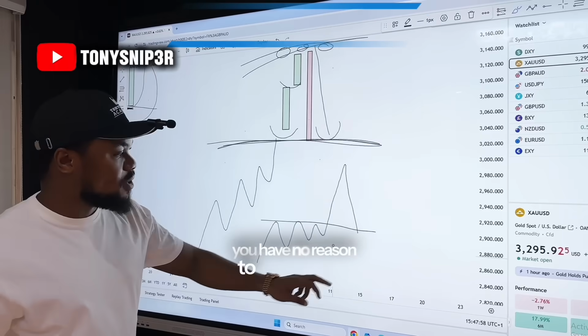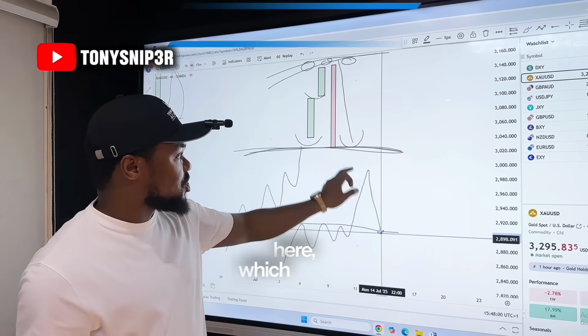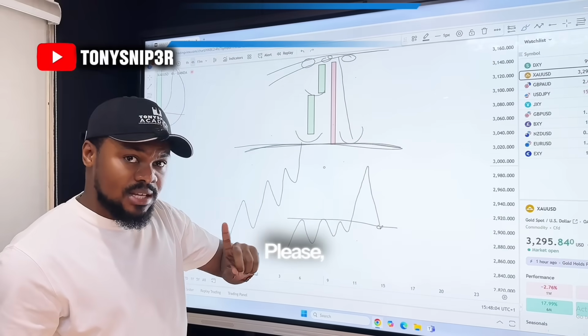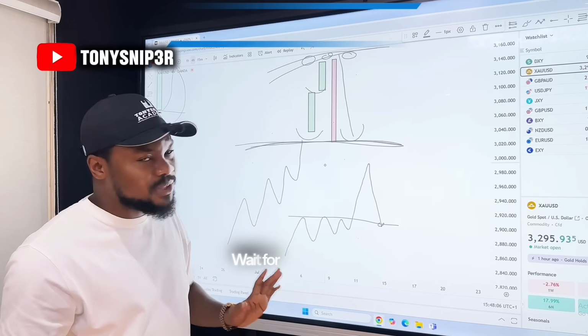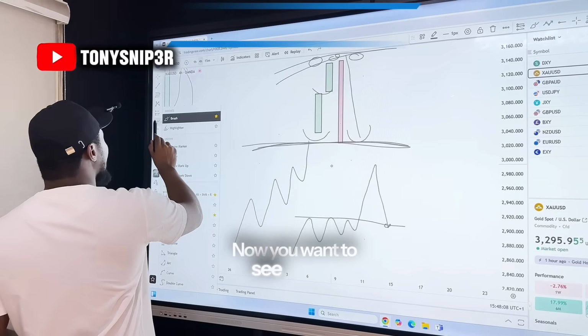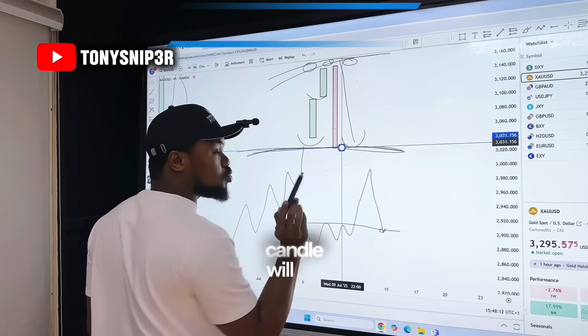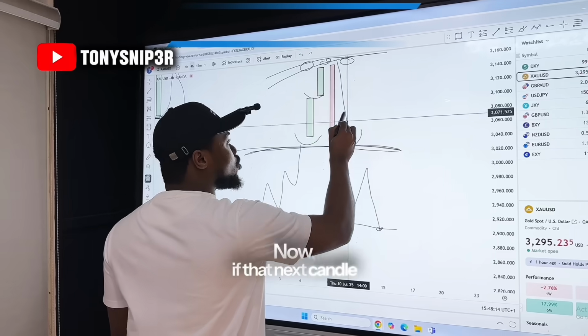you have no reason to place a buy here, which is here. You have no reason to place a buy here. Please, always be patient. Wait for the market. Now, you want to see what? You want to see what the next candle will do. Now, if that next candle goes back here,